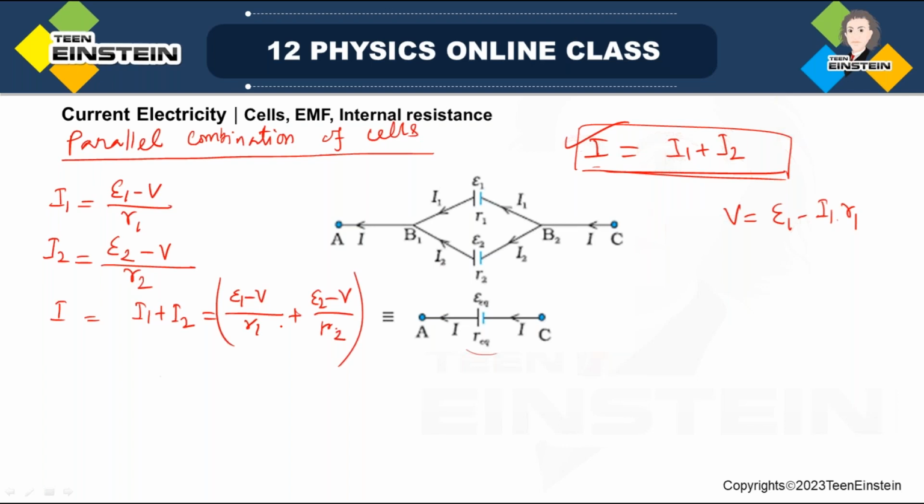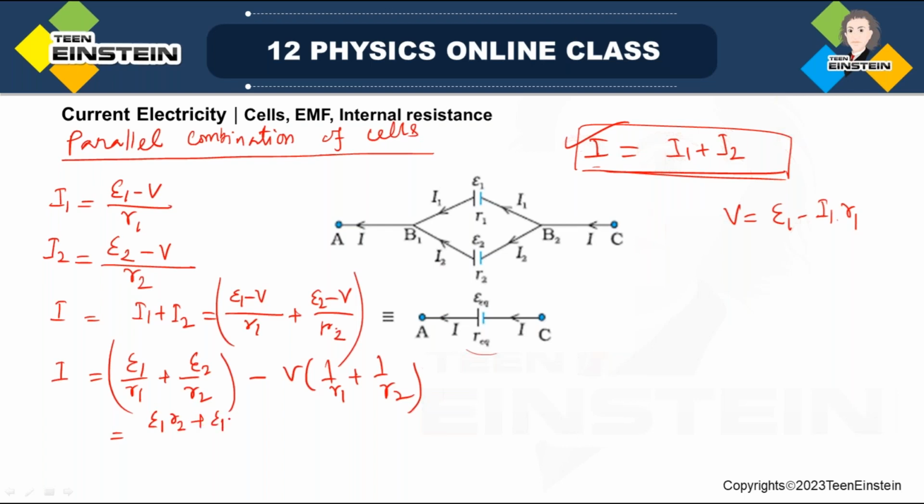What is V? I'll just find out from here. See, I is equal to E1 by R1 plus E2 by R2. Let this be separated, and see here, if I write V, then it will be 1 by R1 plus 1 by R2. Okay, now from here actually we'll be able to do that. Let me write this as E1 R2, E1 R2